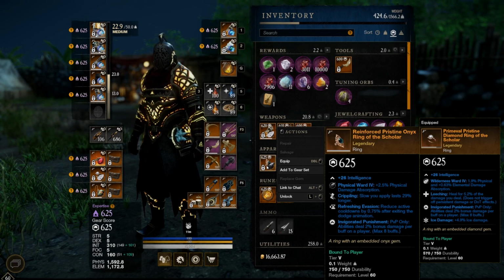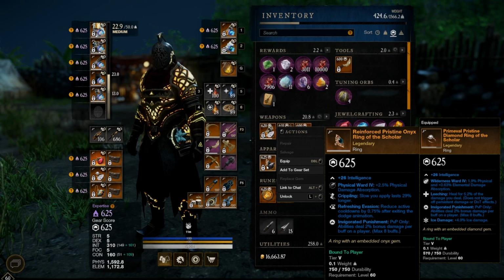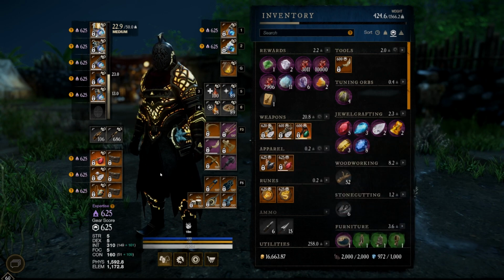So either ring, though, I kind of switch between the two. I've been rocking the ice damage a little bit more, just for a little bit higher damage output, but you can kind of go either way. If I were to have just a two perk ring, I'd probably go with ice damage and invigorated punishment is probably the route that I would go. Now for amulet,